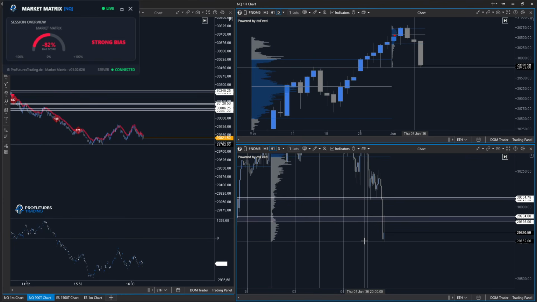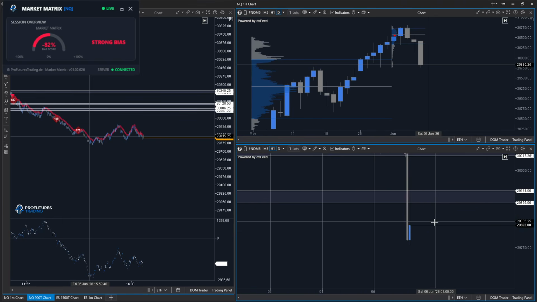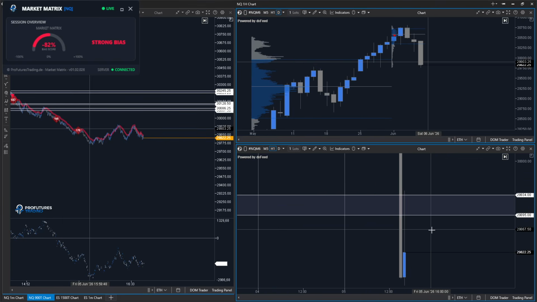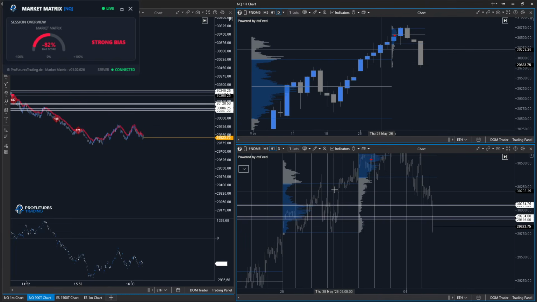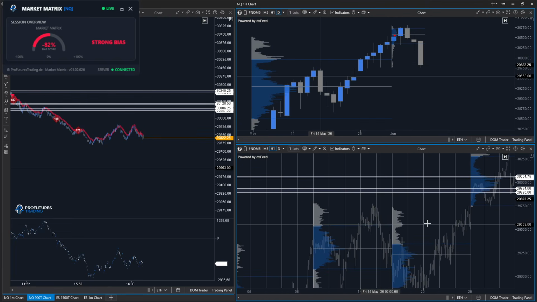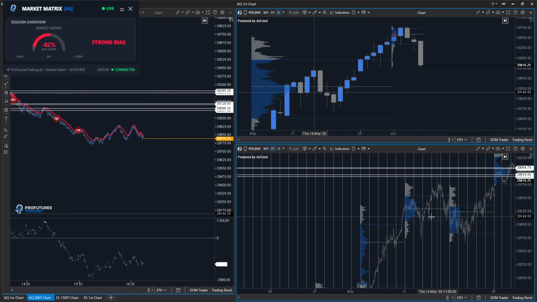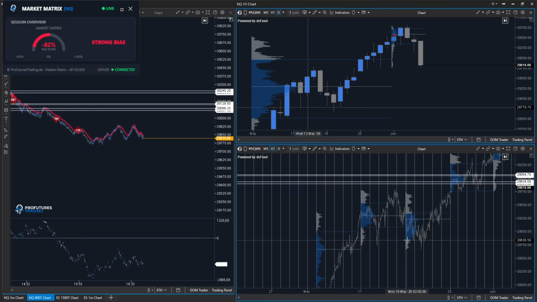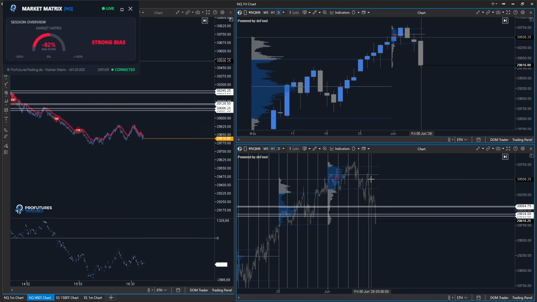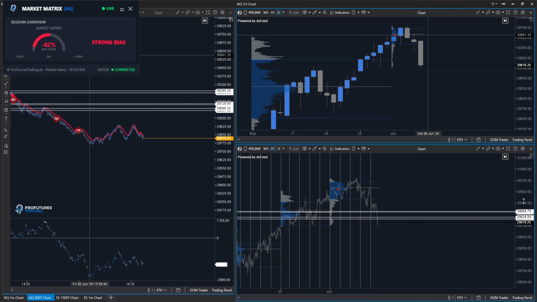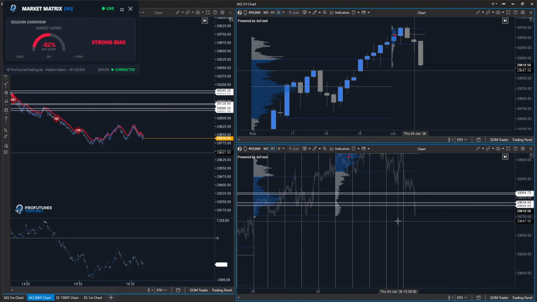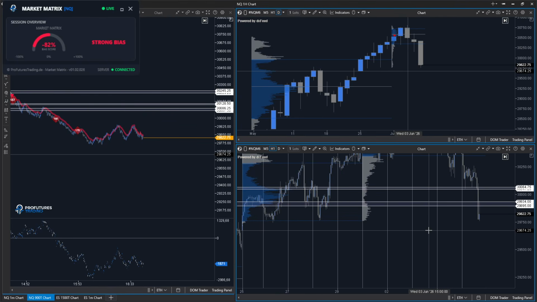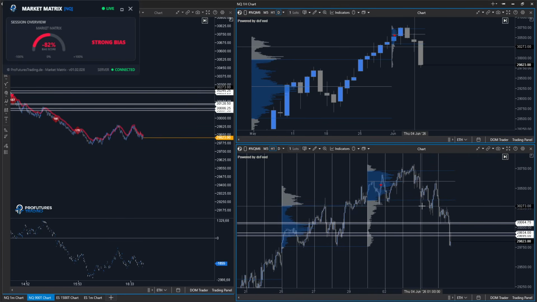Here you can see the rejection of this area again, and when I go back, maybe I can see some signs of, no, I can't, because we are making new all-time highs, and there's no reference for that. But you can use that also for the analysis,